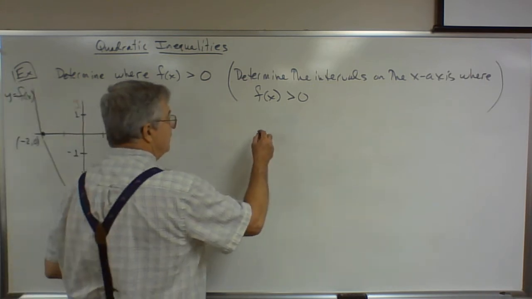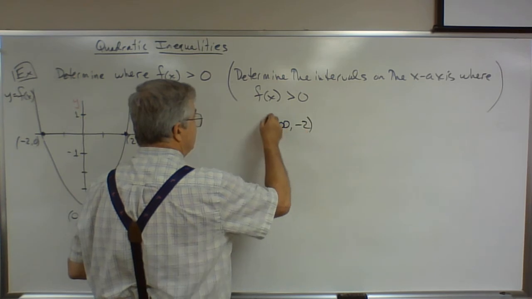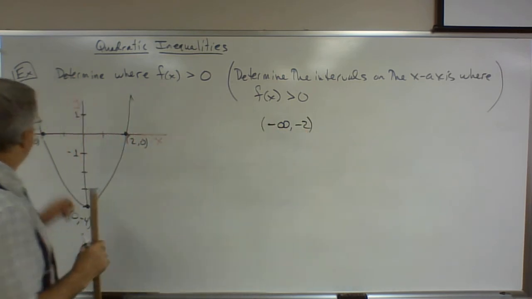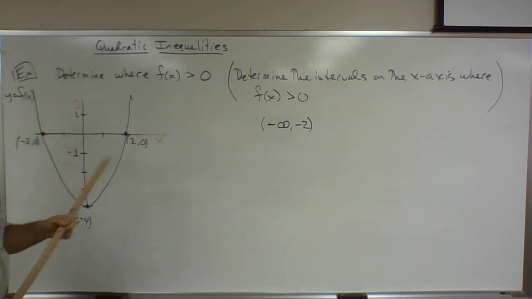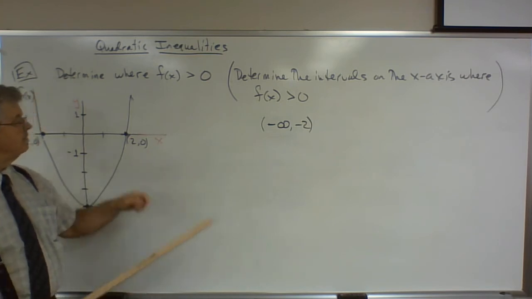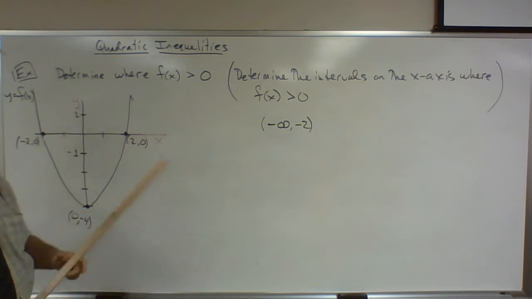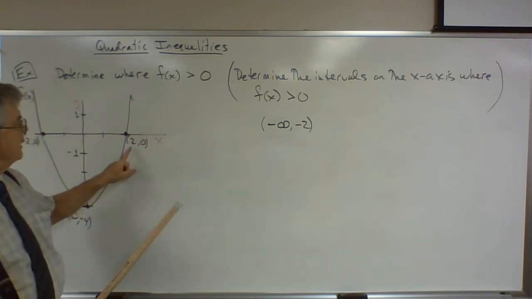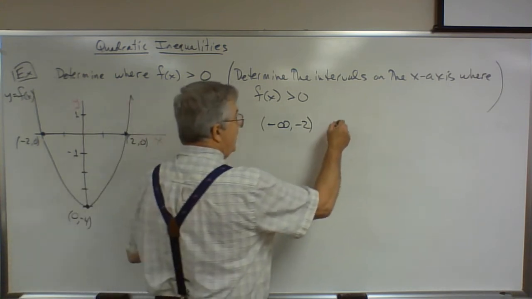So on the interval from negative infinity to negative 2, the graph of f of x is above the x-axis, it's positive. And also, from x equal 2 to infinity on the x-axis, the graph is above the x-axis again. So on the interval from x equal 2 to infinity, f of x